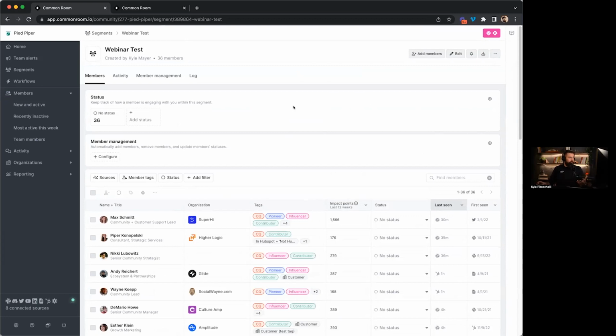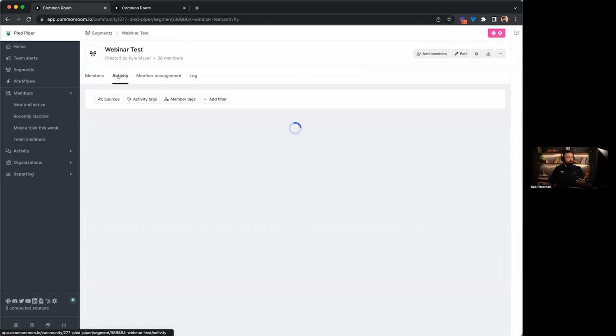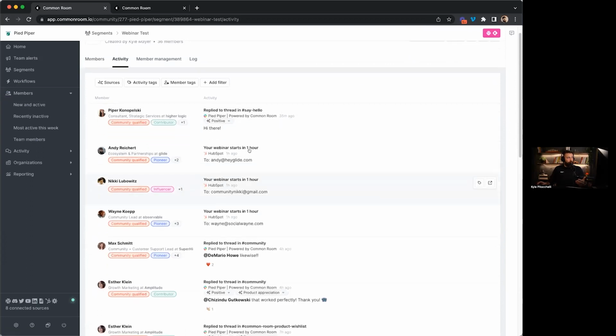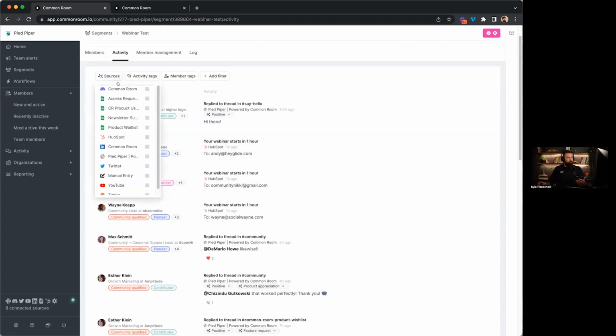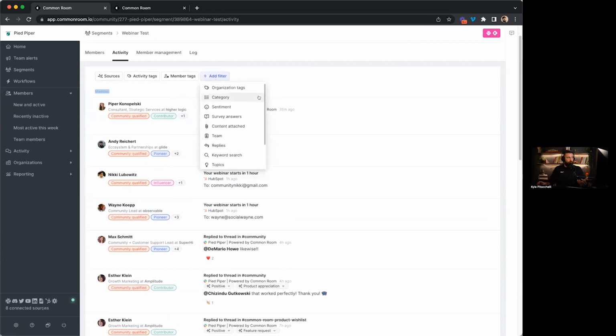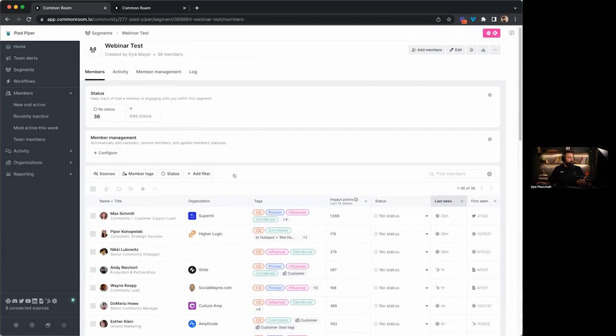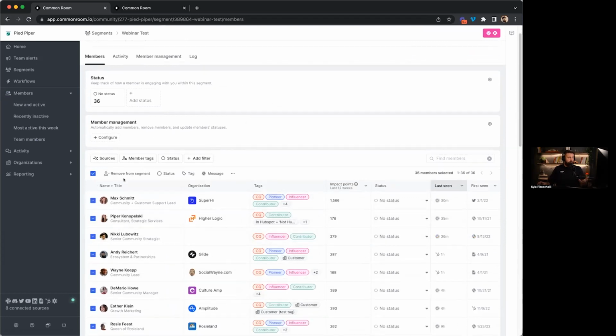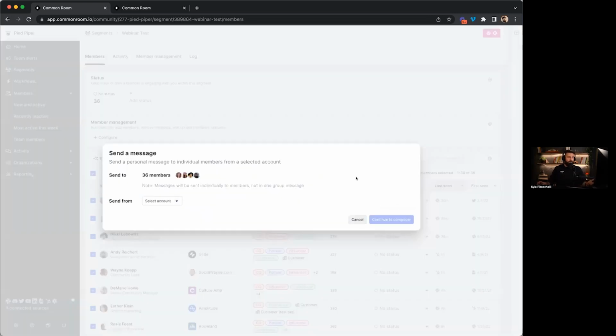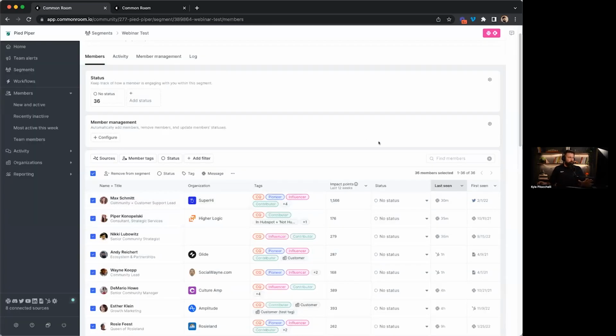And you can do a few different things here right off the bat. You're able to see, for example, activity from all these members across all the different sources. And again, we can still use all of this rich filtering that I showed you before that Common Room has. We can also do things that are really cool, like take some actions. So we can, for example, in an instant, select all these members, and then send a Slack direct message to all of them individually. So maybe we want to invite them somewhere to some kind of an event. Maybe we want to just thank them for their work or their contribution, you name it. So we've got a couple quick tools like that.